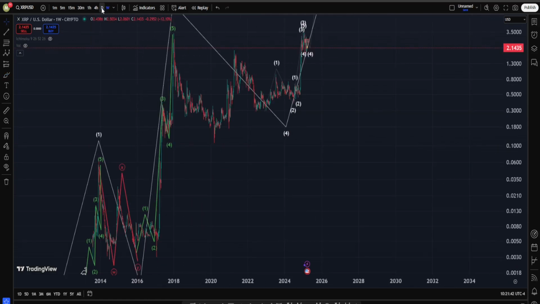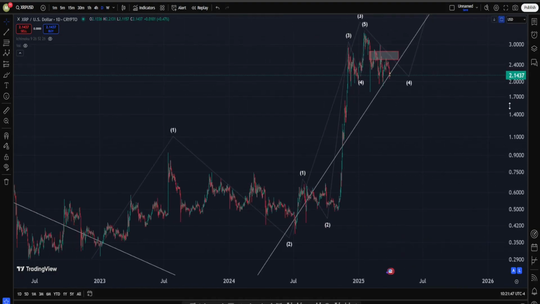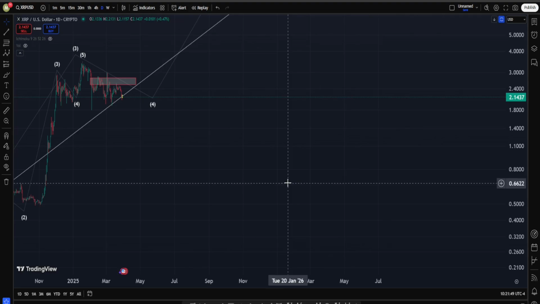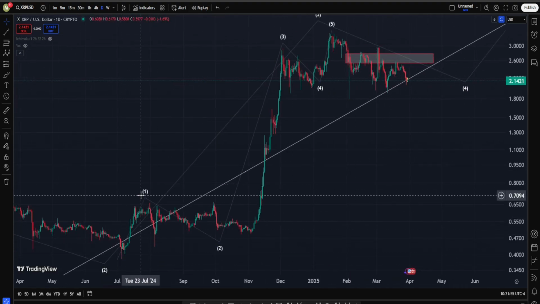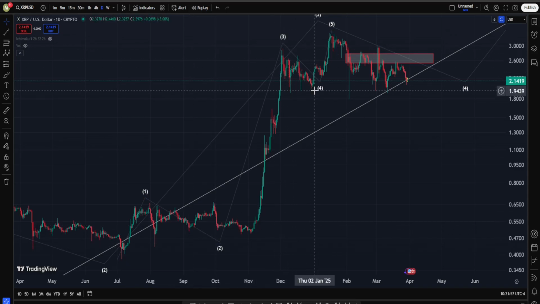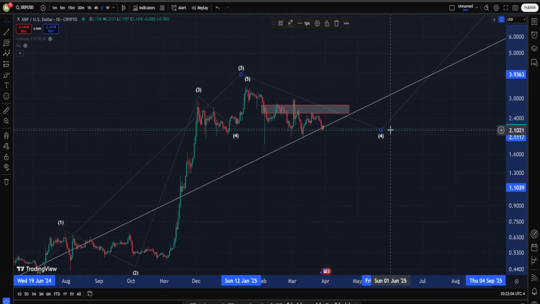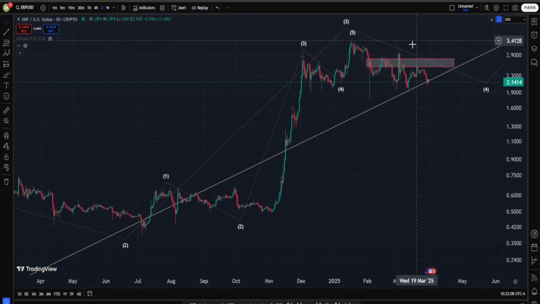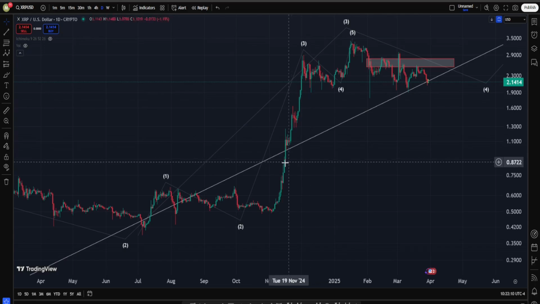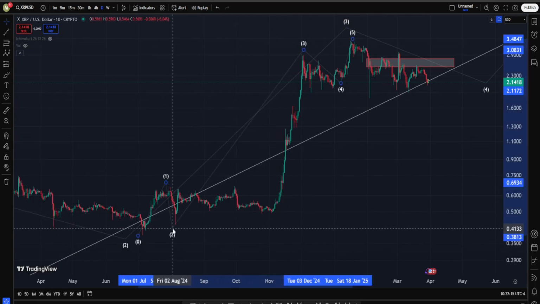Now let's go on daily time frame and see what is happening. So in this area we can consider two different possibilities. Right in here you can say maybe this is 1, 2, 3, 4, 5 wave up to about this high into this wave 3, and right now we are having a correction for wave 4, and what's gonna happen next? Another big move up into wave 5. Also, according to another scenario, you can say this is a 1 and a 2, but to around this point,